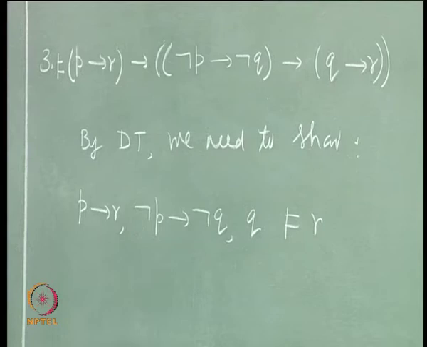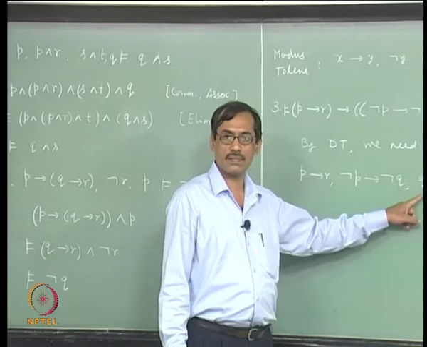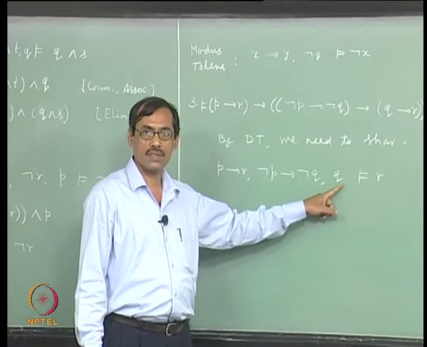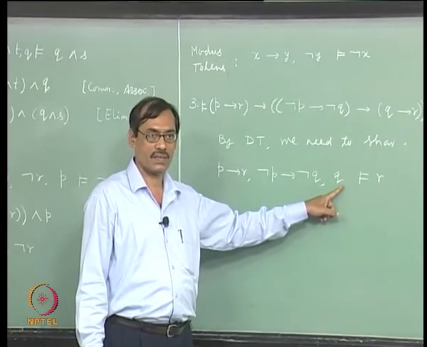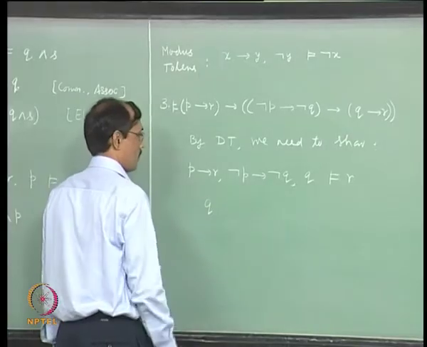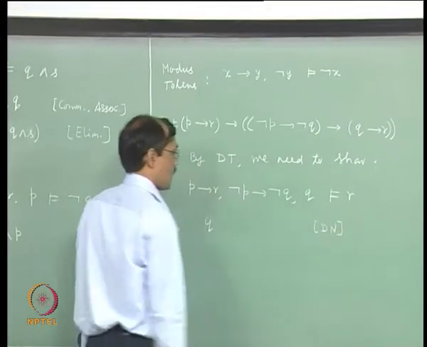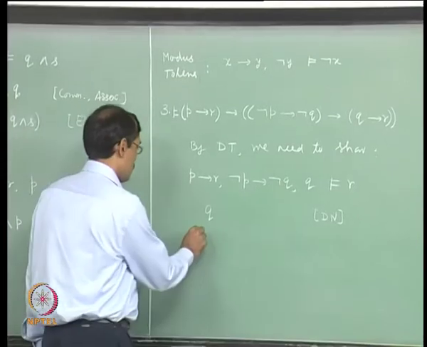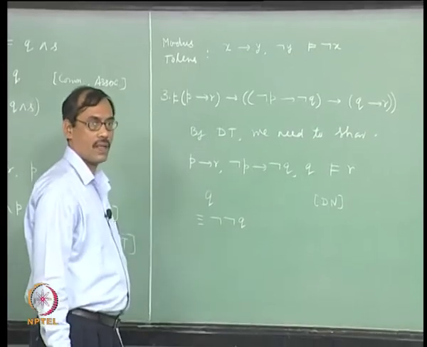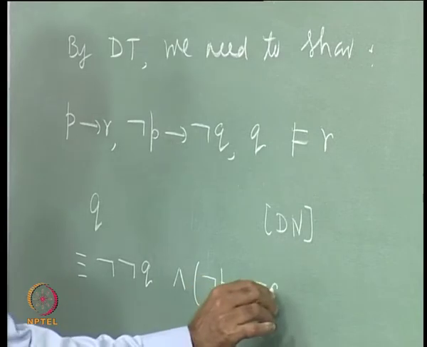Q implies Q implies R, so Q and Q is there. Yeah. So, suppose you want to use modus tollens, then this should be in the form not Q, because Q is equivalent to not not Q by double negation. So, you can start from there. So, let me start with say Q and I intend to use double negation. So, that is equivalent to not not Q and I introduce another premise, not P implies not Q.